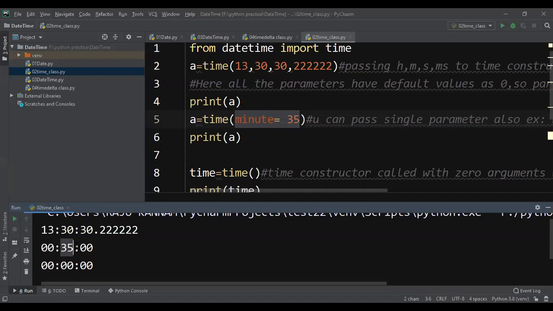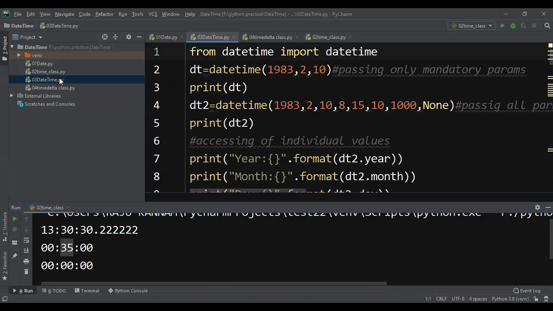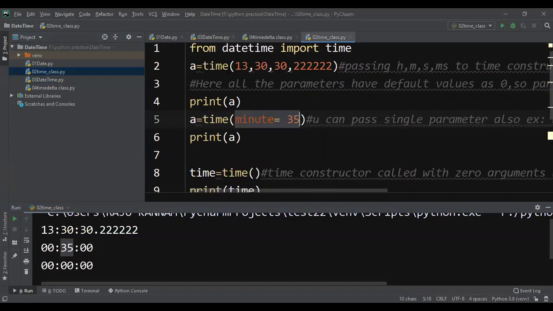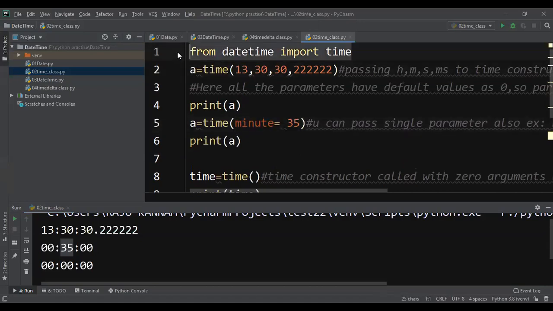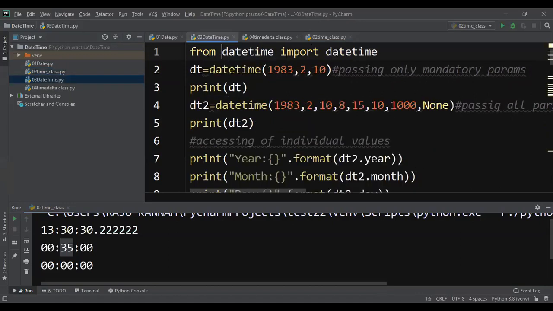we have a separate class called the datetime class. Now here I have not discussed this particular first line, since I have already discussed it. From datetime, in the first scenario I import only the time class. Now in the third scenario, from the datetime module I am importing the class called datetime.